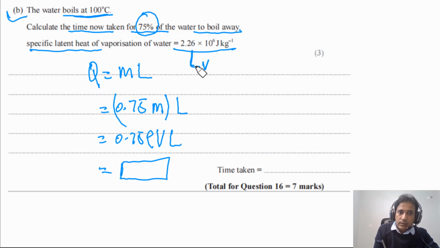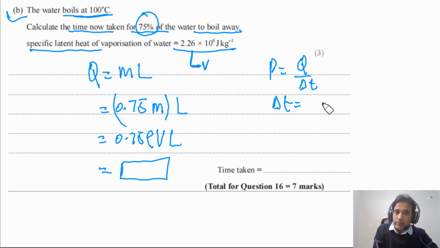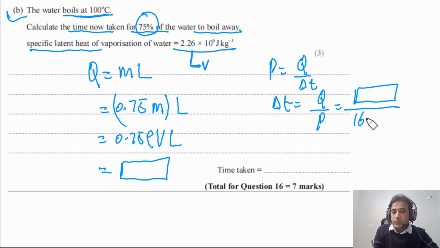So this is latent heat of vaporization. Now simply we need to plug in and we will get the value of Q. Now when we have the value of Q, we need to understand that P is equal to Q over delta T. But we need to find delta T, so this will be equal to Q divided by P, and the value of Q we have from here, and we will divide by the value of P we calculated in the last part, that was